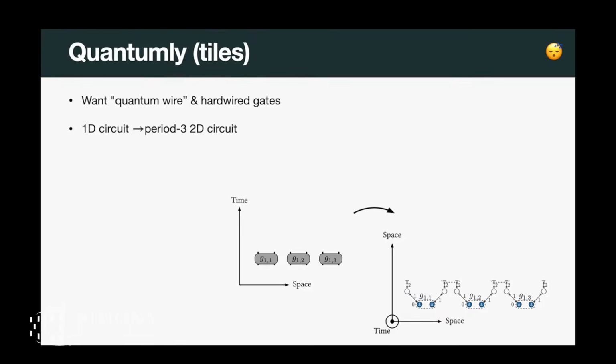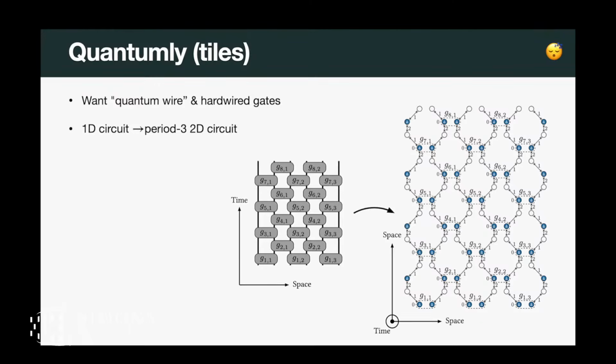So in the first layer of this circuit, I'm going to apply some layer of gates corresponding to my layer of circuits in the original circuit. And then I'm going to perform 2 layers of swap to move this forward, and so on. So a qubit that starts somewhere like here gets one gate layer applied, gets shifted forward, gets another gate layer applied, shifted forward, and so on. So this is starting to look a lot like what we had previously. And you can do this to some very large extent. And importantly, this preserves the structure of the faults.